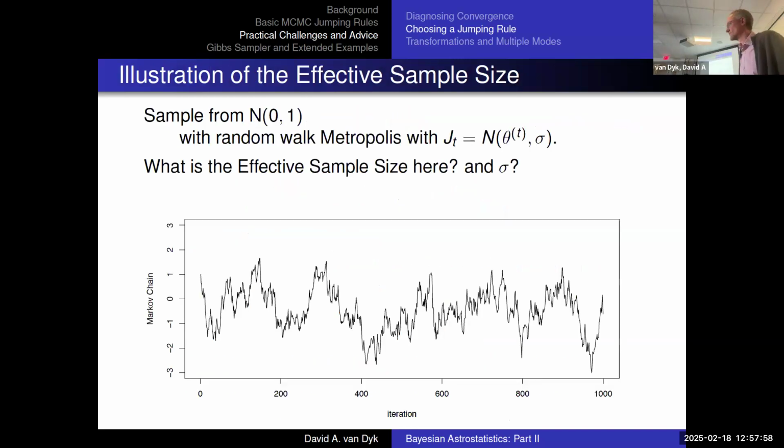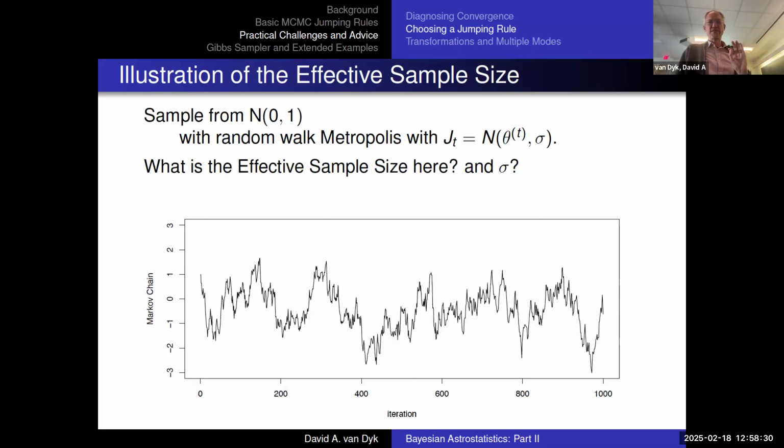Okay, so this is my normal 0, 1. I'm sorry, I'm going to simplify the problem a little bit. Instead of trying to do my power law analysis, I'm just trying to get a sample from normal 0, 1. And I have a jumping rule that is again normal, centered at the current value. And I want to say, what is the effect? And I run my chain. What is the sample size here? What is theta? Now, you obviously can't answer that, but I'm going to just run that same chain with four